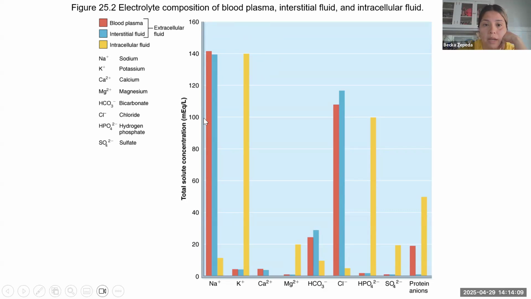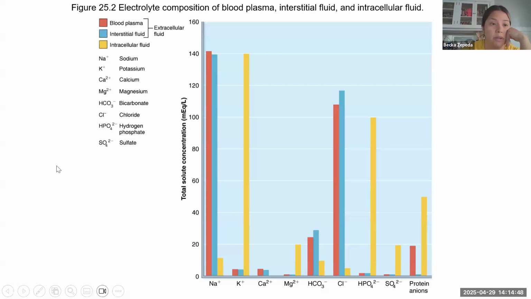So for sodium, we have lots outside the cell and less inside the cell so that we can have that depolarization and the influx of sodium. But for potassium, we have lots inside the cell, less outside the cell, because having more potassium inside the cell allows for the efflux during repolarization. Same thing for calcium, pretty much the same with the red and blue bars. Magnesium, pretty much the same with the red or blue bars. Bicarbonate also, chloride also. All of these are going to be pretty similar between the blood plasma and the interstitial